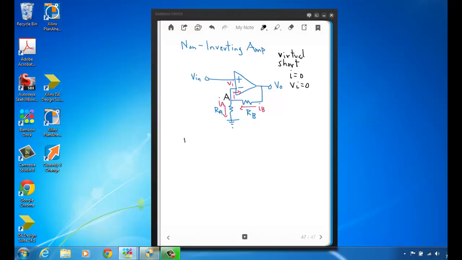So I start off with the KCL equation at node A, and I've got IB flowing in and IA flowing out, as well as little i flowing out, but again that's zero. So I'm just left with IB equals IA. Okay, and now I write these currents in terms of voltage using Ohm's law. So IB is going to be Vout minus VA over RB,